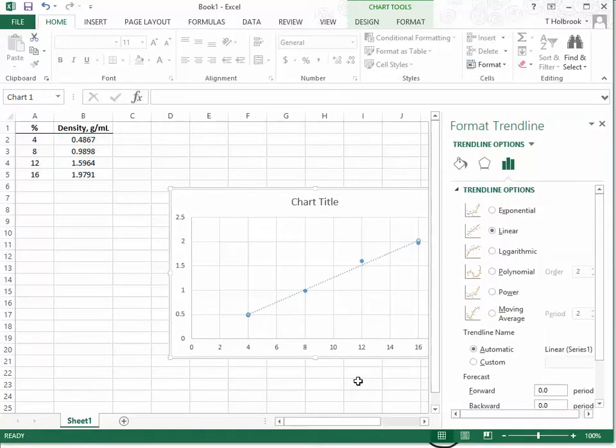It says, what kind of trend line do you want? Most of the time by default it will be linear. So this is what you're going to see, and this is what you're going to choose almost every single time from here onto the day that you walk across that graduation stage. It will be a linear trend line for the most part. So make sure that that's